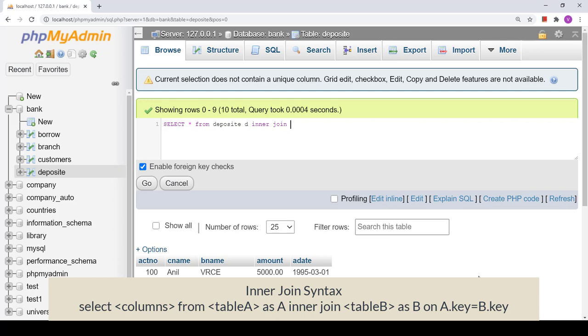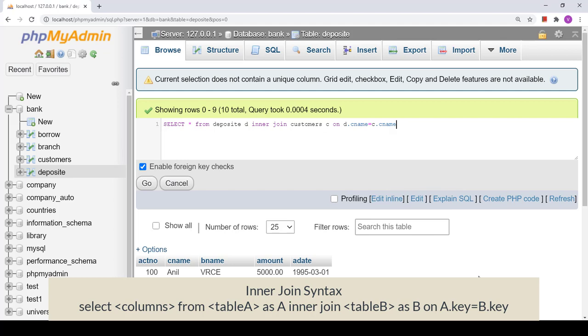I want to join deposit with customers, so I write customers, give it an alias name, and then write the column on which you want to join the tables. So on D dot C name equals C dot C name.